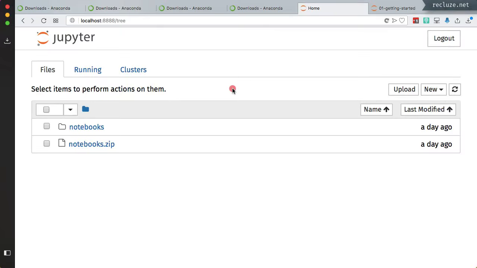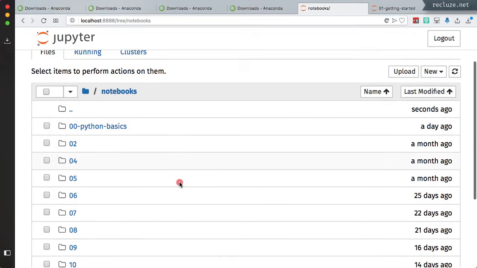To set up the files that we'll be using in this course, you need to download the notebooks archive that is available in the resources section and then unzip it. So once you unzip it, you will get this notebooks folder out of it, and you can put it in your downloads folder, your documents folder, wherever you want, and then navigate to this folder from your Jupyter Notebook. Once there, you can click on notebooks and you will see all the folders that we are going to be